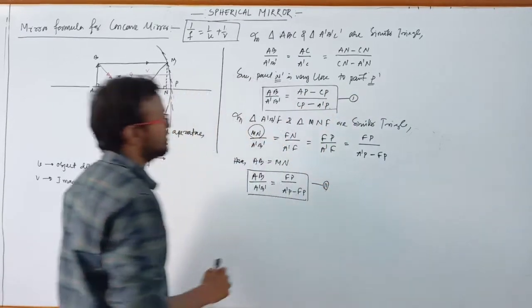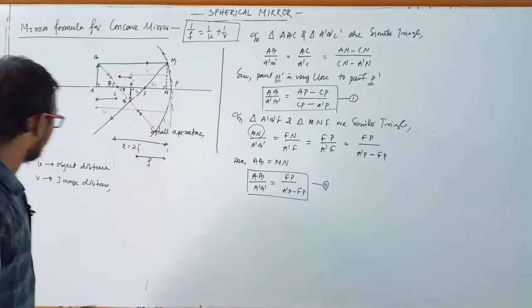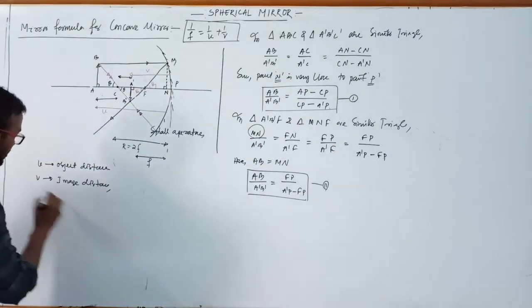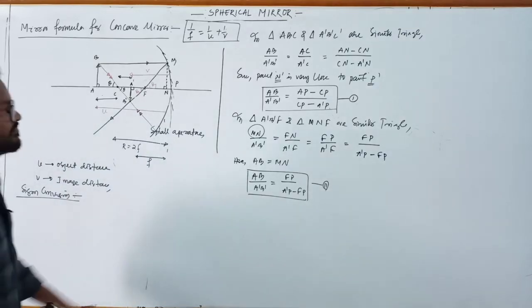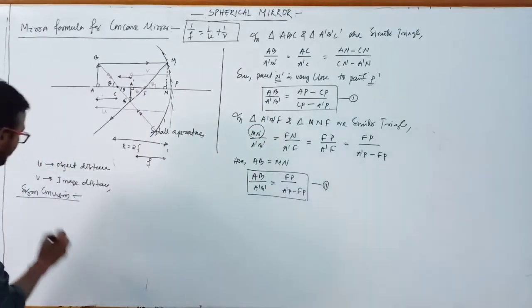There are two equations, equation number 1 and equation number 2. Now we have to use sign convention. Sign convention is important for optics. So first we have to find the distances FP,